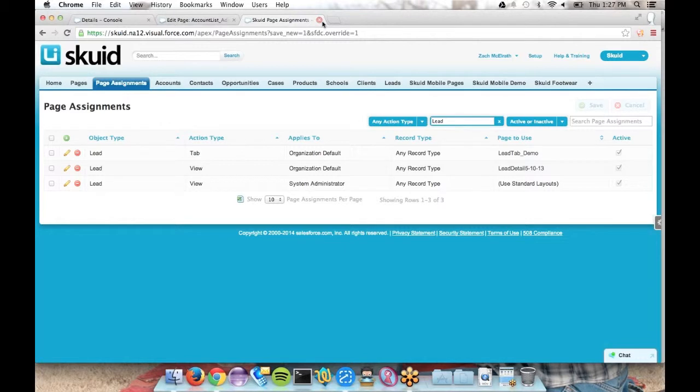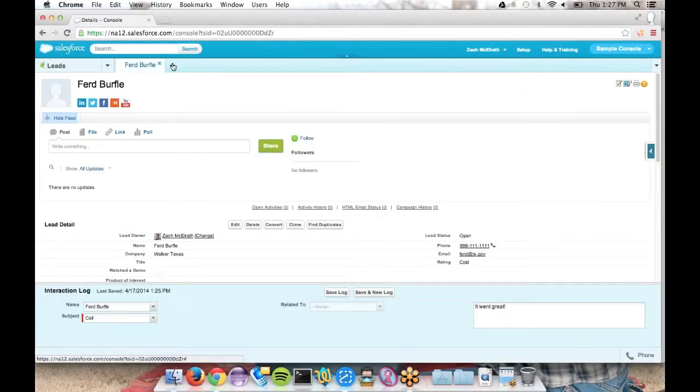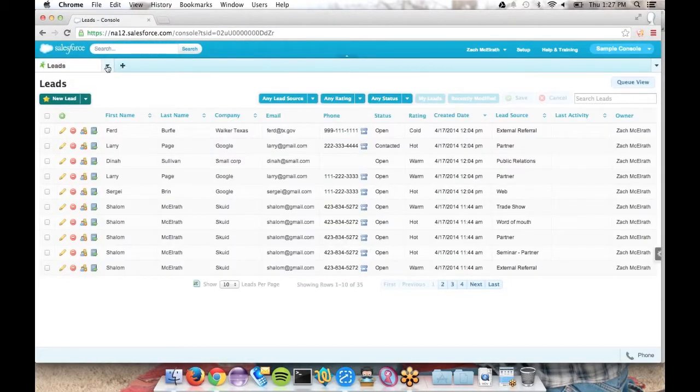All right. So now let's jump into an example of a custom Visualforce tab that we created that you can show in the console. So if I go back here to my console, you'll notice I have another area here called Leads Queue.